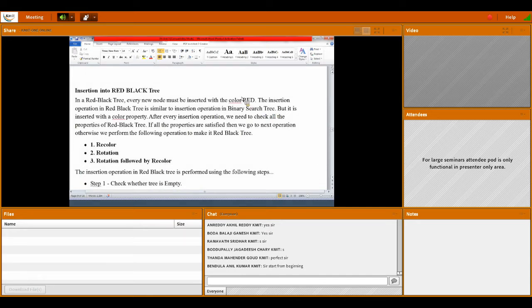So the underlined point is the color should be red only. Whenever you want to insert, first you have to color it red and then insert. The insertion operation in the red black tree is similar to the insertion operation in the BST. However the procedure you are following in the BST for insertion, the same process applies in this red black tree. But the only thing is that in the red black tree, the nodes should be colored.